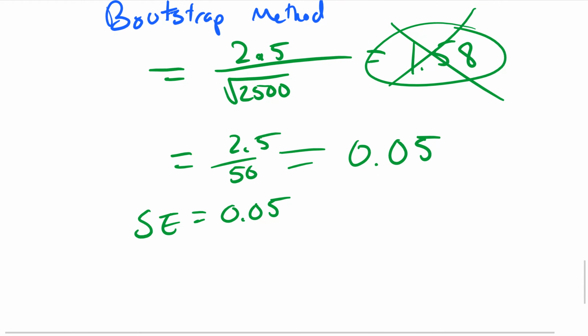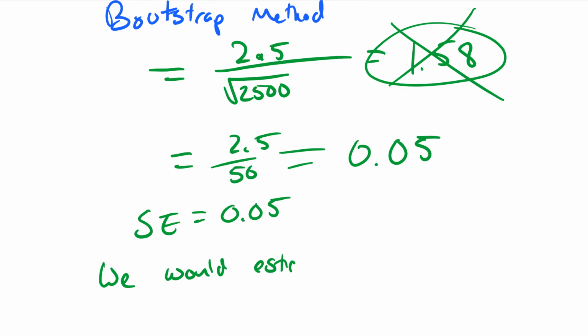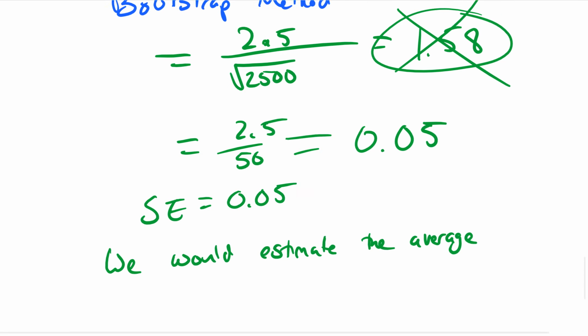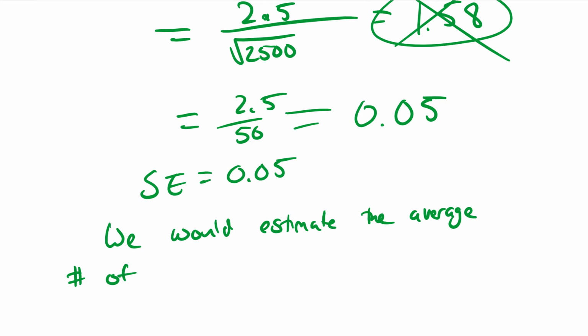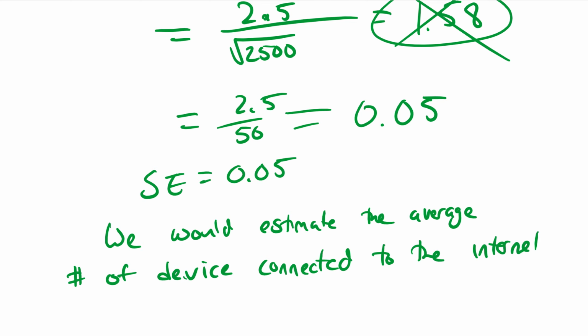So we'd estimate the average number of devices connected to the internet is 5.75. I know that's not a whole number, but it's an average, so it'll work. And we want to attach a